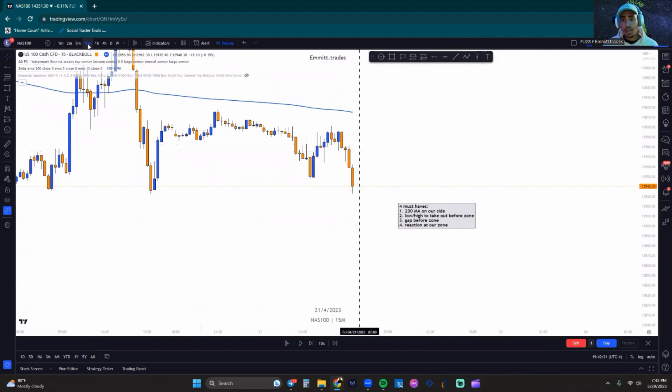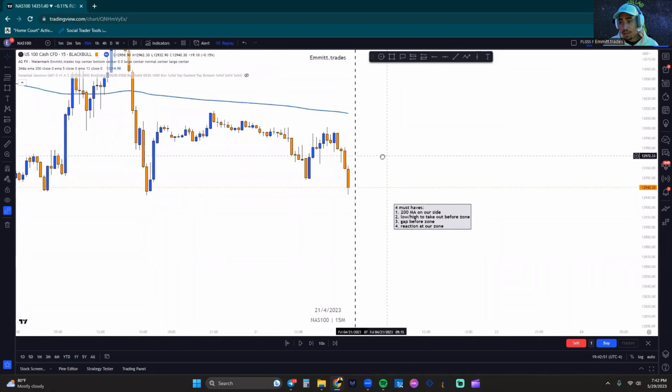So first of all, we're only going to use 2 time frames for this video, which is going to be 15-minute and 5-minute. Sometimes I use the 1 hour to give me true trend. If the 200 MA is kind of acting odd, like it's sitting flat in between price right here, we'll go to the 1 hour to see what true trend is. But for this video, 2 time frames, 15-minute, 5-minute.